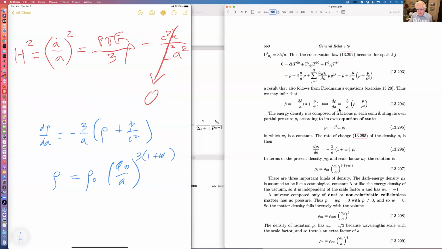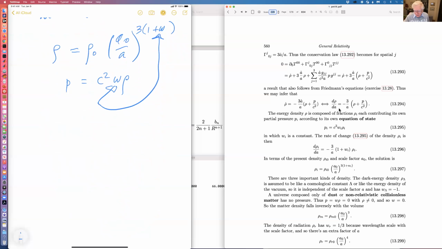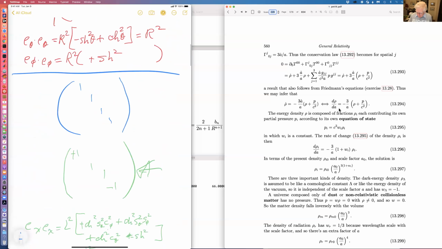And what is w? Well, w is the relation of the pressure. So if we have one substance making up the mass density, then the pressure will be related to the mass density like this with some constant w. And we take that constant w and we put it here, and that gives you an expression for ρ in terms of the scale factor. And the popular cases are that,